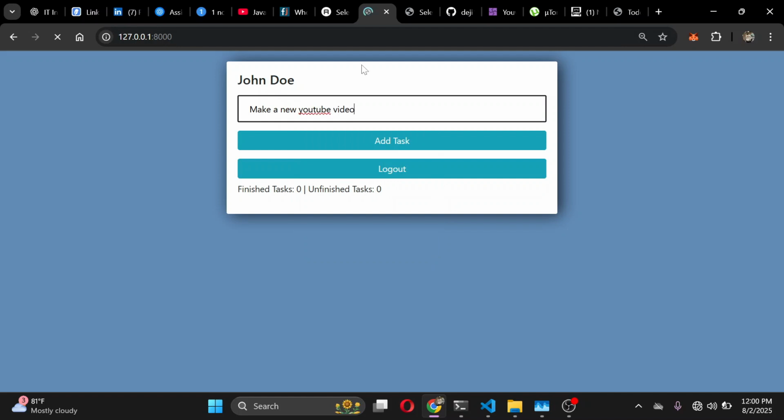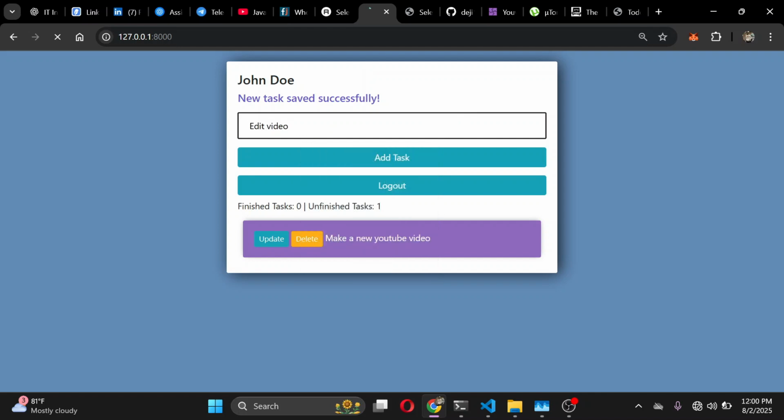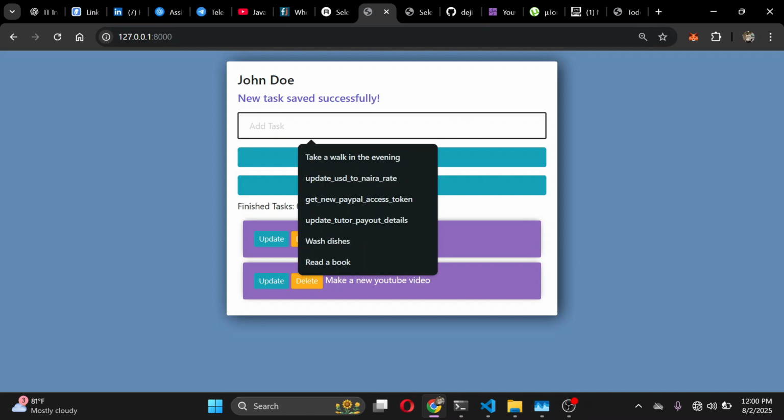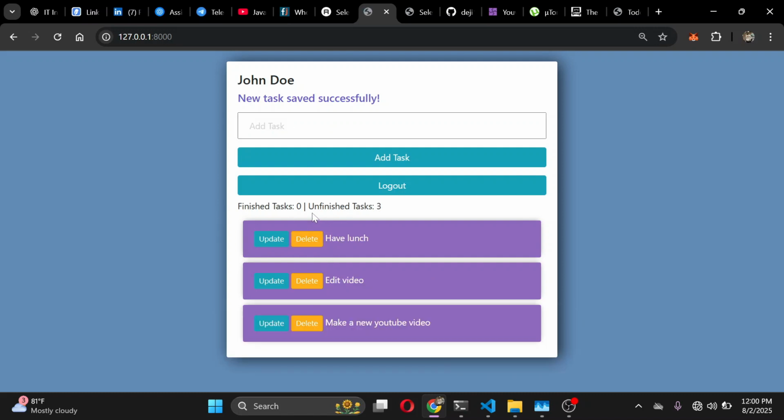And I'm going to save that. The next one is going to be, for example, edit video. I can add one more. And the last one could be like have lunch because it's 12 p.m. So once I click enter, you can now see that we have unfinished tasks of 3 and all these are